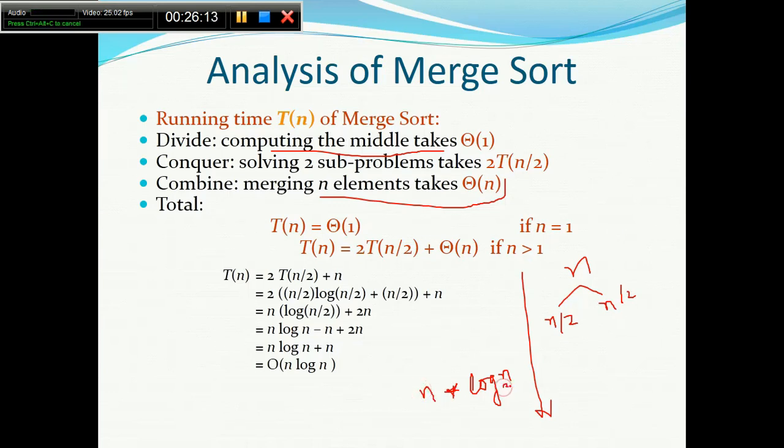So the overall complexity would be theta of n log n, since in the worst case, average case, and best case we have order of n log n. So we can say theta of n log n base 2 without any problem. Since the best case, average case, and worst case are the same, we can consider it as theta also.